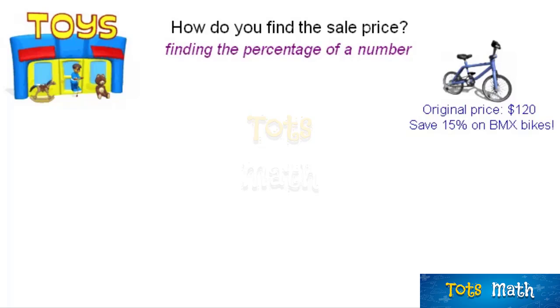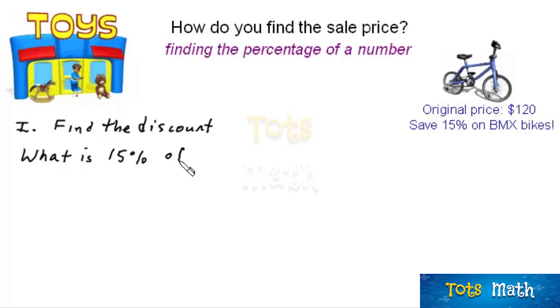Well, I'm going to show you two different ways to solve this problem. The first way is to find the discount or the savings. And you can do that by finding 15% of the original cost of the bicycle, $120. And we can translate that into a math question by asking, what is 15% of